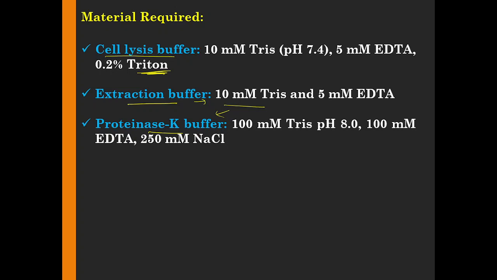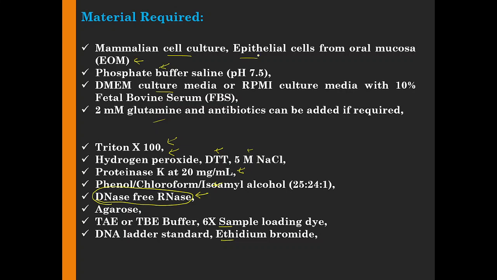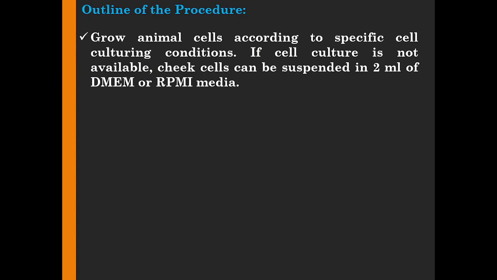So the next question here is how we can collect these epithelial cells. These epithelial cells are collected from the oral mucosa, which I explained in my previous video. Basically you take them with a dental brush, then give a wash, pellet them, and put them in the culture medium. So the first thing I was mentioning here is the epithelial cells. The second thing required is growing the cells, which is also explained in the previous lecture.